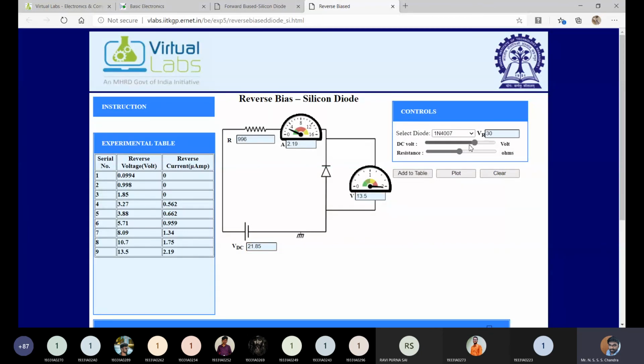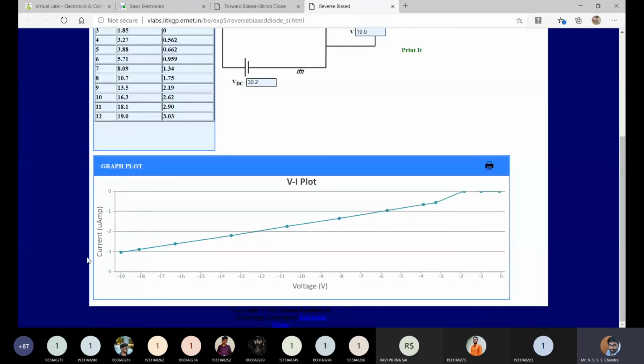I'm randomly increasing, but in an actual physical laboratory, you will be incrementing in a uniform fashion. So finally, I'm plotting it. I can see that this is a negative current. Although it is shown on the positive y-axis, it is still negative values. Slightly it is increasing, but you need not worry that it's not a constant graph. Overall it is in the microamperes range. Now they are magnifying it, and you can see that here it's almost linear after some value.